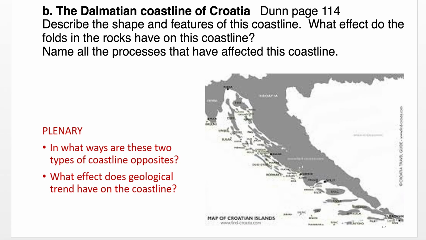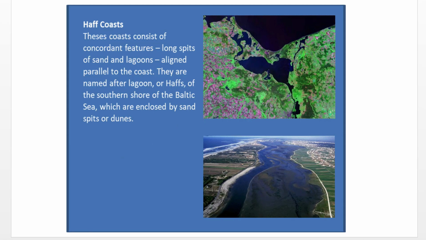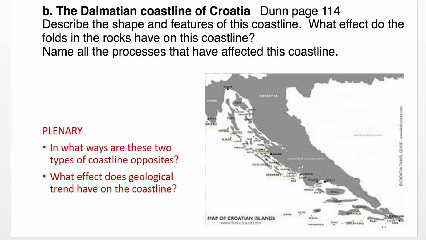Another type of concordant coastline is a Dalmatian coast. Again, all coasts that are like this are called Dalmatian coasts. They are named after the original coastline in Croatia, which is called the Dalmatian coast. The Dalmatian coast of Croatia is also a concordant coast, but unlike half coasts, which are basically made of sand and are depositional features, Dalmatian coasts are basically made of harder material where the sea has submerged lower lying